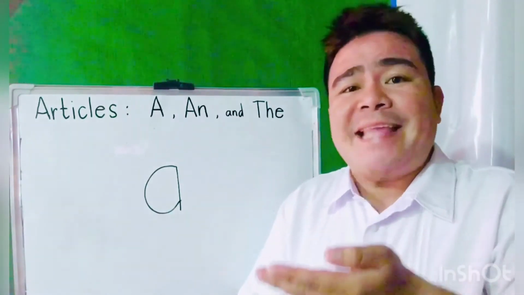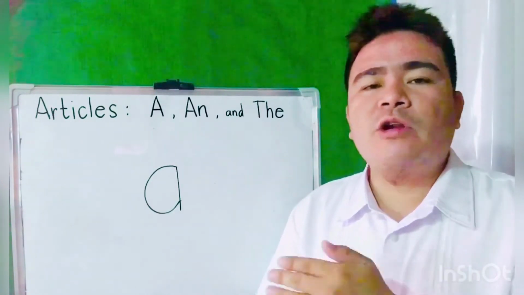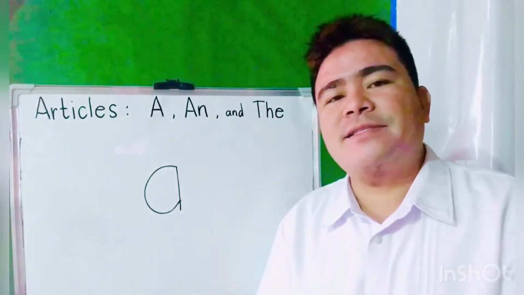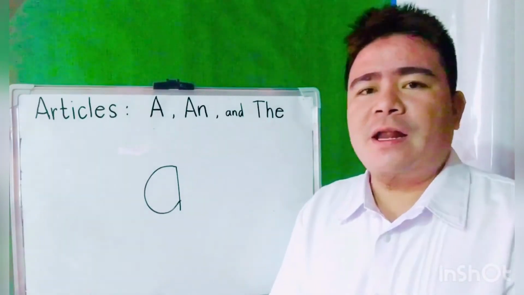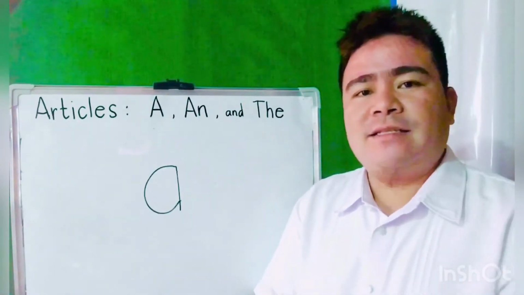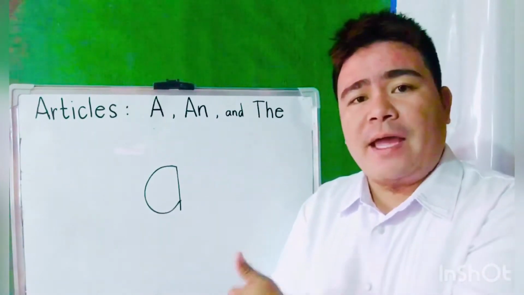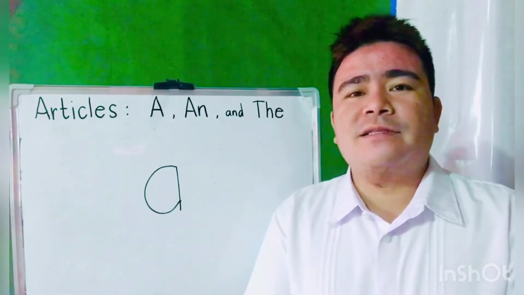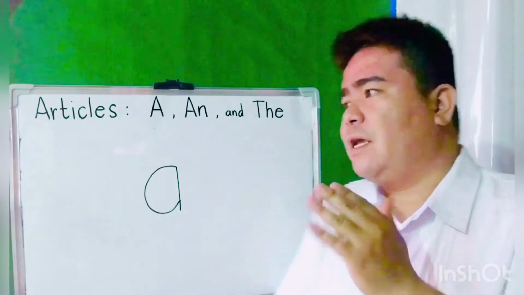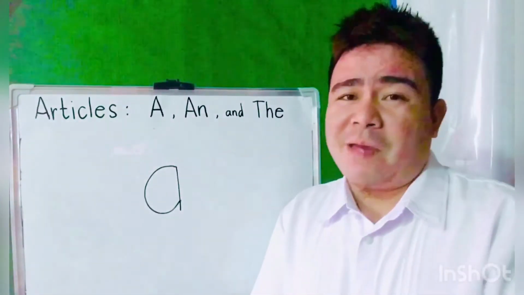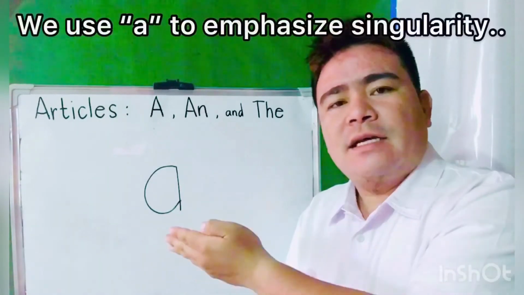When will we read a as "ah"? If we listen to native speakers of English, they read a as "ah" in their normal everyday living. For example, like in the song, "I have a pen, I have an apple, apple pen." So, I have a pen. You can rather read it as "ah", not "ay". I have a pen. How about they read it as "ay"? I have a pen. Meaning to say, we use "ay" to emphasize the singularity